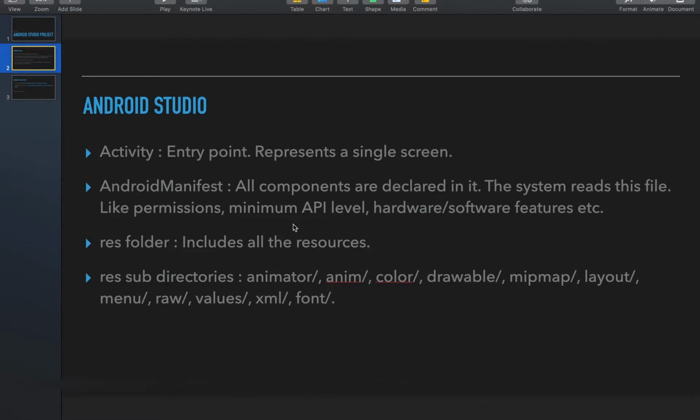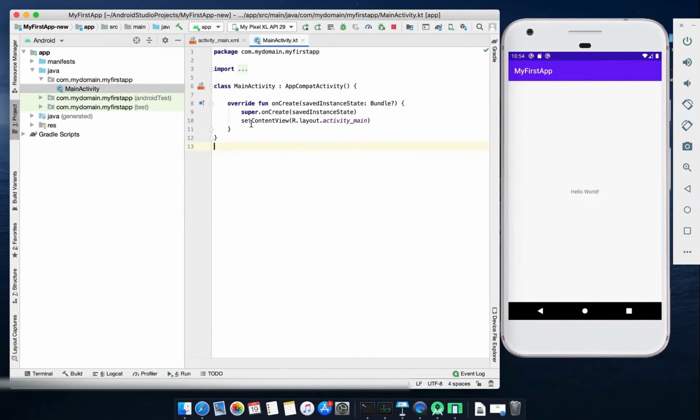So basically we have something called an activity. This is the entry point of any application and it represents a single screen. Here you can see this Kotlin file is named MainActivity. Android gives the first activity the name MainActivity. It is extending the AppCompatActivity class. So this is an activity